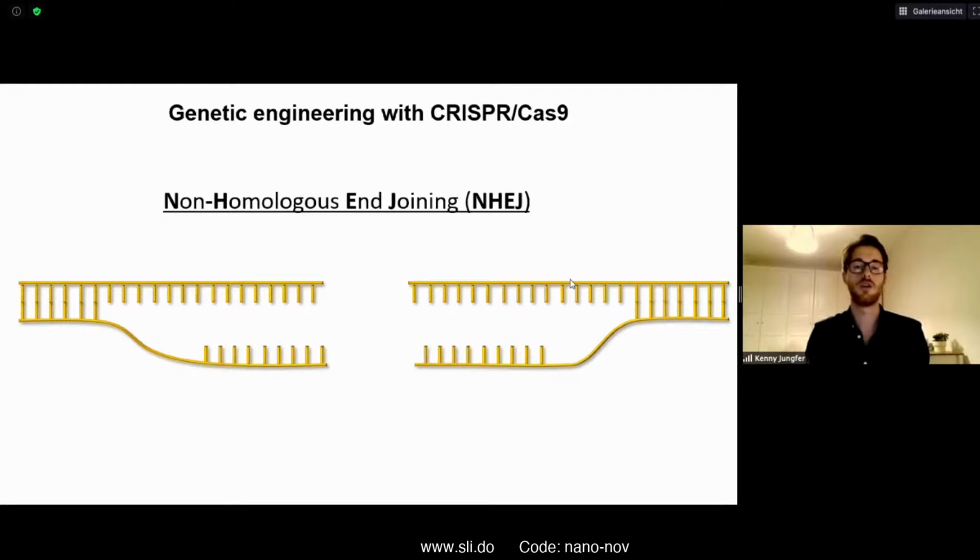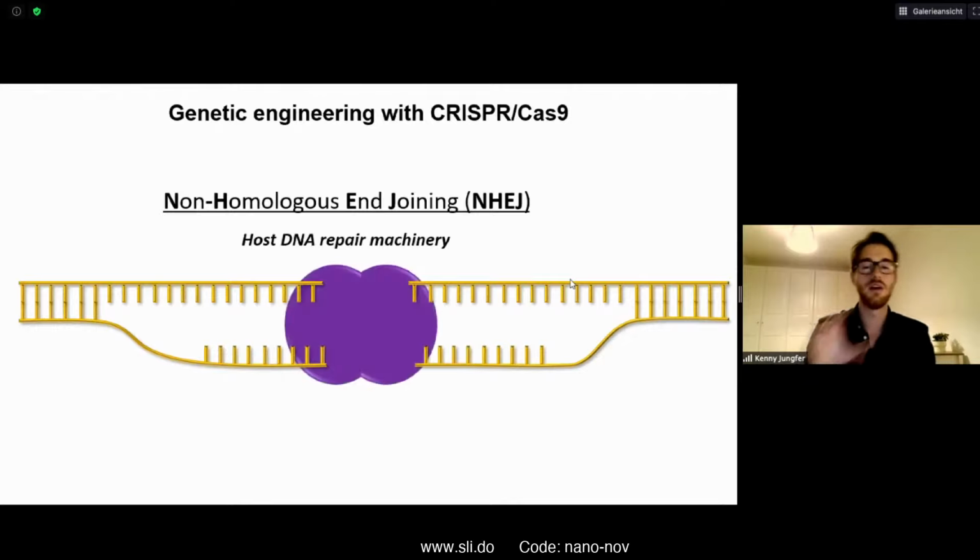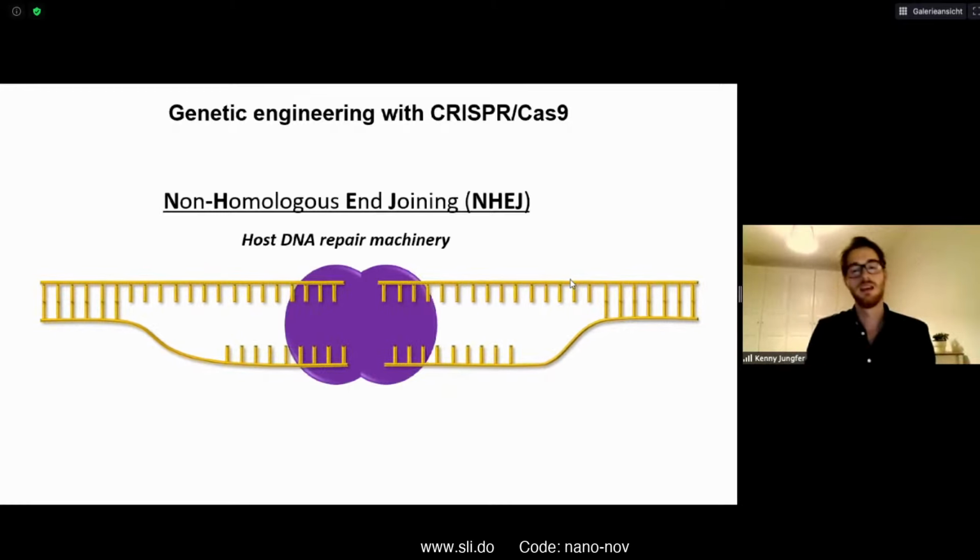And this is called non-homologous end joining. In this case, you don't provide a DNA, but the host DNA repair machinery is actually trying to fix the DNA double-strand break itself. However, this